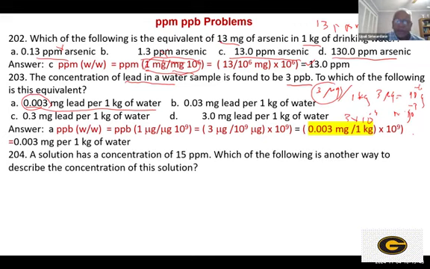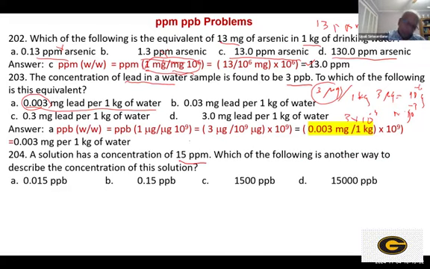A solution has concentration of 15 ppm. Which of the following is another way to describe the concentration of the solution? This is ppm. All units are given in ppb. Therefore, ppb